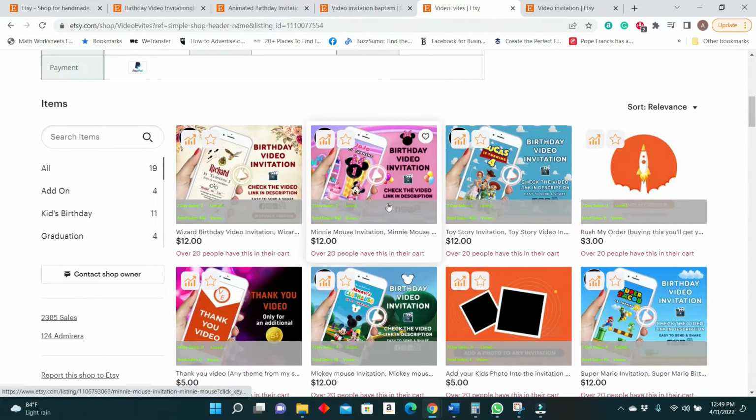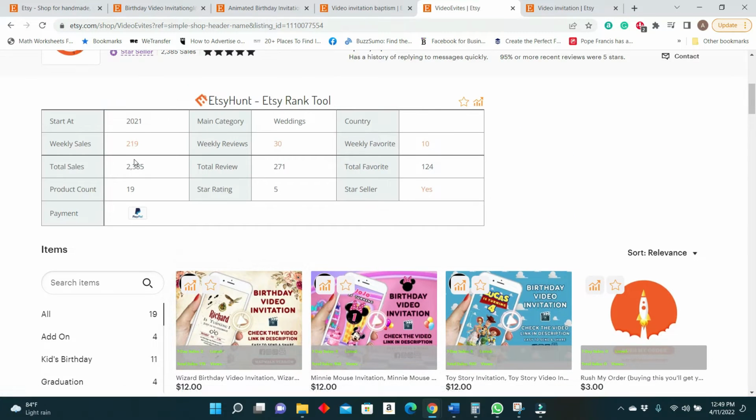It's pretty in demand, as you can see here. And this store only started in 2021. I'm not sure when in 2021 exactly, but it has weekly sales of 219, and the total sales so far is